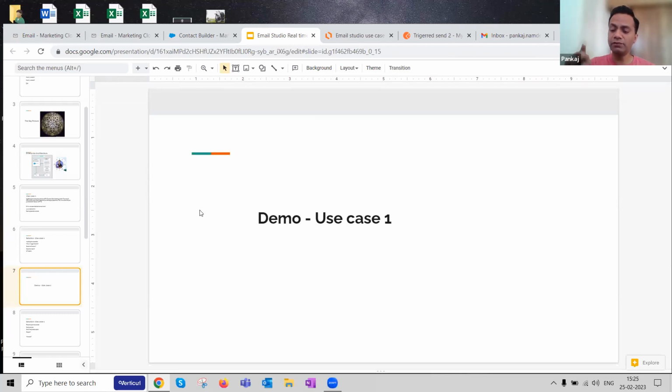Will I manually sit and see that all the orders are processed, and then somebody else manually sends those emails with the help of a flow, or would it be another mechanism like trigger send? What could that mechanism be? So we'll see that. And then obviously once you send that email, the last part is what happens once you receive that email. But that end-to-end cycle, from the time Magento triggers it, email content is created inside Marketing Cloud, and then it is sent across to the customer, we will have a look at in that broad spectrum. Just keep in mind, this is a big use case, but we are specifically targeting the Email Studio specific cycle. So it's a subset of the whole use case in our scenario.